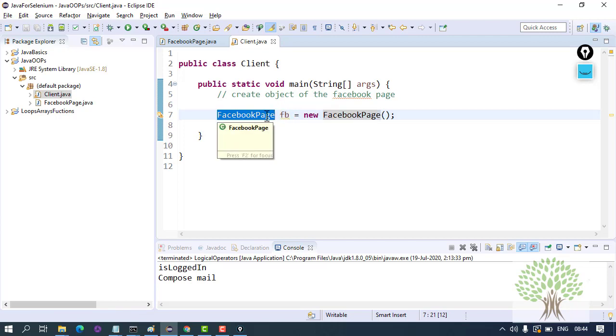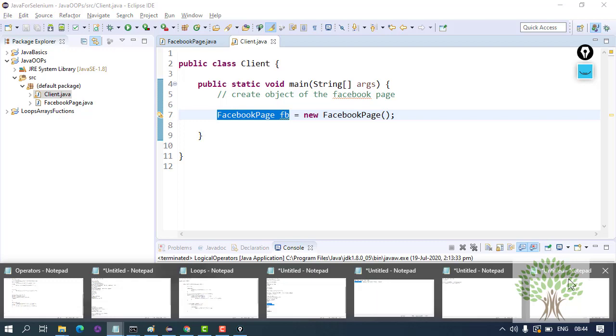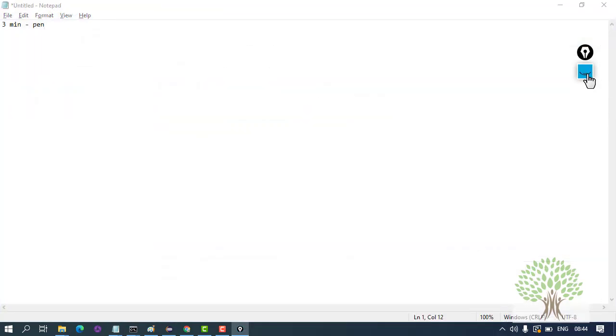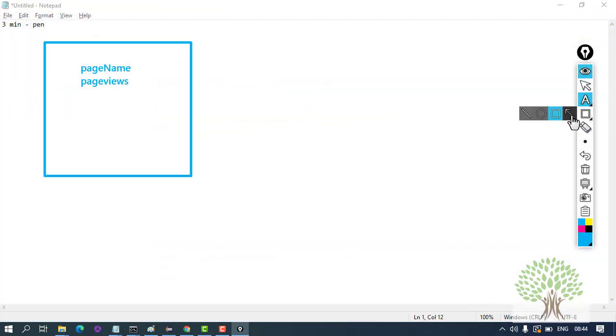You write the class name, the reference name equated to the object of the class. Object and object reference are two different things. Over here FB would be the object reference pointing towards this particular object. With the help of FB you can change the state of the object.